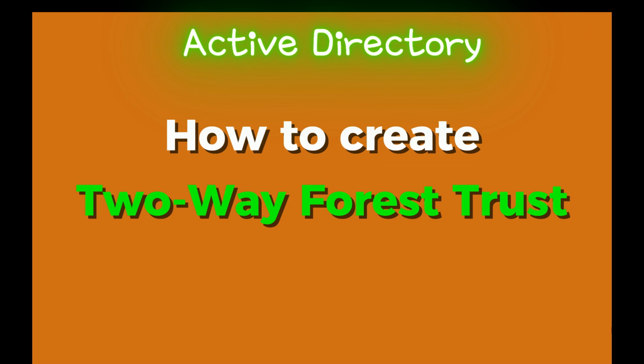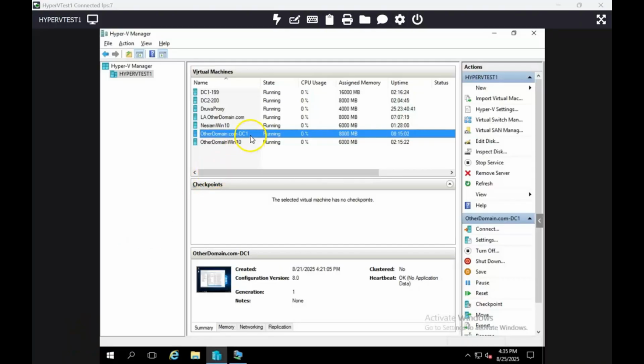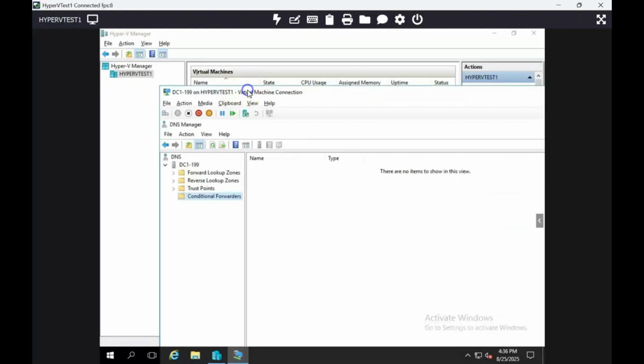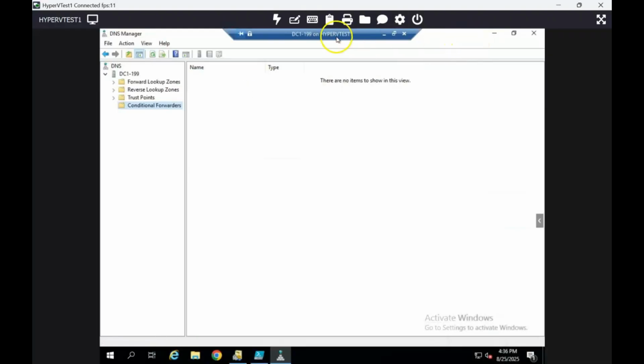We're going to discuss two-way forest trust. What is forest trust? It's the ability for both domains participating in the trust to exchange authentication. So you can be authenticated in a two-way trust relationship. You as a user from any domain can be authenticated in the other domain or in any other domain. Well, I'm just going to test it in a few minutes, but first